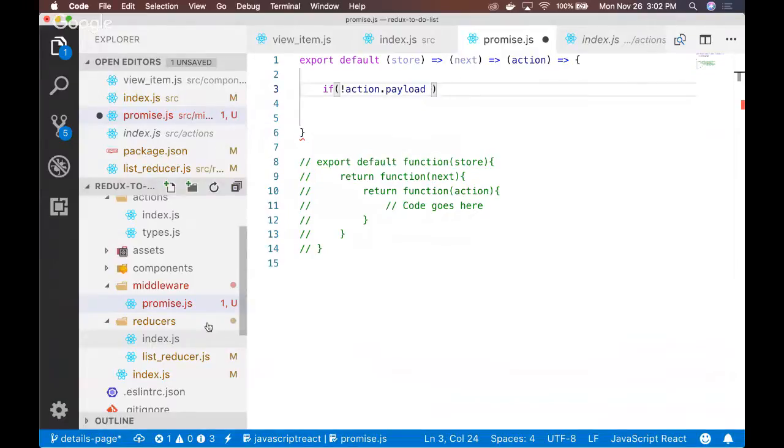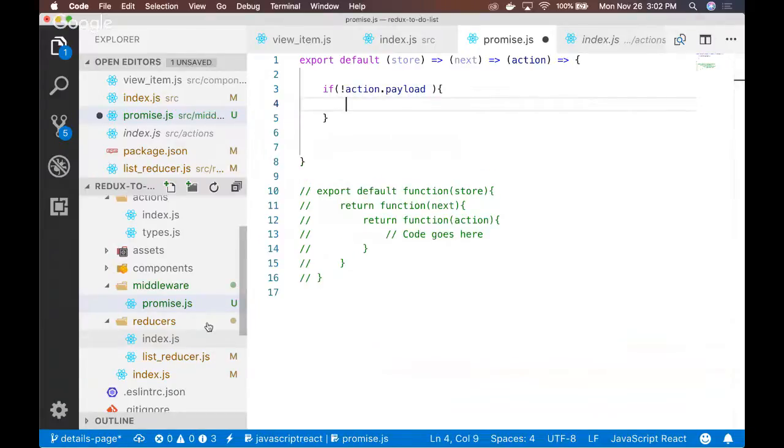So if it doesn't have a payload, then do something. So no payload property. Okay, so if there is no action.payload,